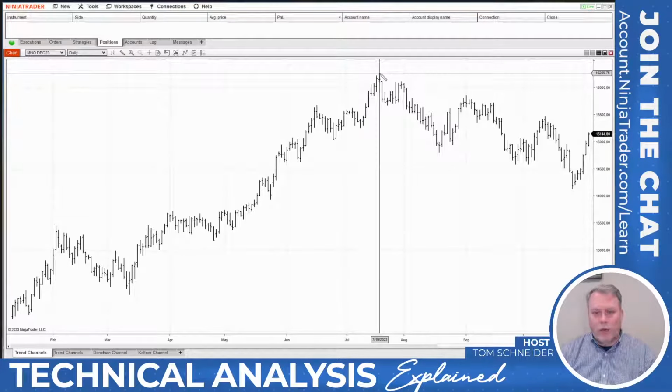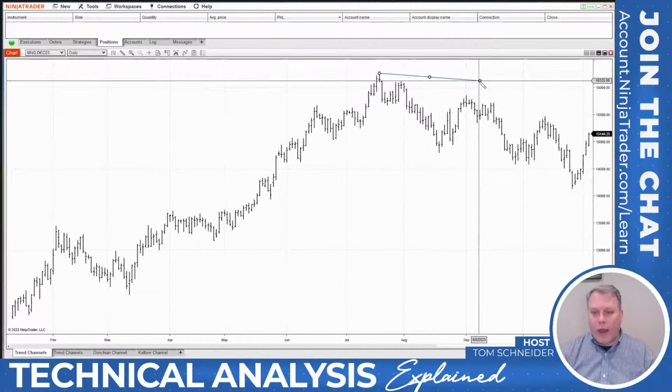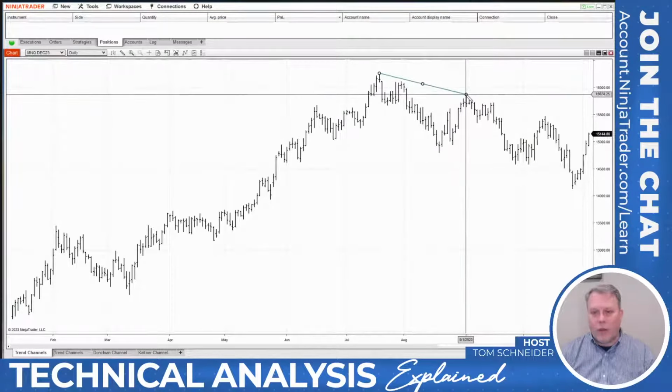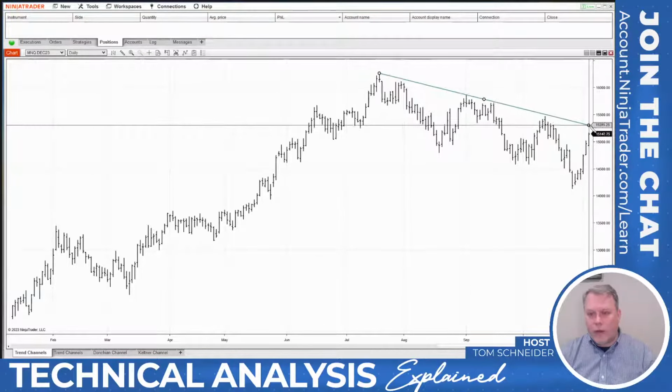And so I'll just go to the top of the move where this downward trend started. And the second point I want to line up is the next peak high. Now, this is kind of close. I'm going to go to this one right here, the one in mid-September. And I'm going to just move this over so that the green line lands on the high on September 12th. Sorry about that. And I'm just going to extend it all the way to the current bar, but I'm really lining it up with that September 12th high.